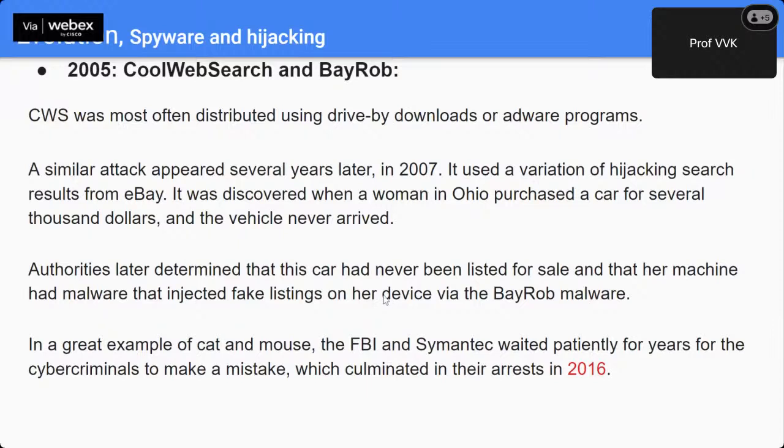And for example, this particular case study is where a person has purchased a car from eBay for several $1,000s, but the vehicle never arrived. And then it was determined that some malware had injected some fake listings on her device via the Bayrock malware. And like this,